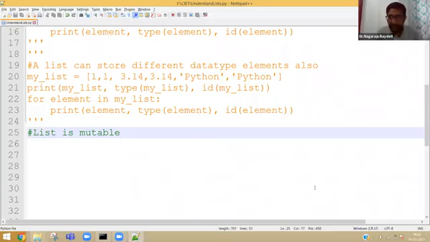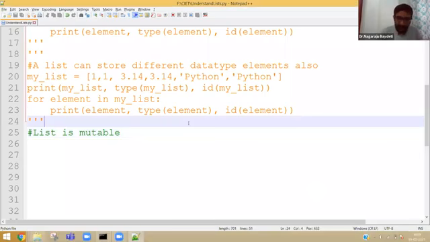Akash is asking me about a concept which is list of lists. Okay, Akash, definitely it is possible. We have not come to such a concept here as of now. A list can have a sublist, definitely. That we will see later on.